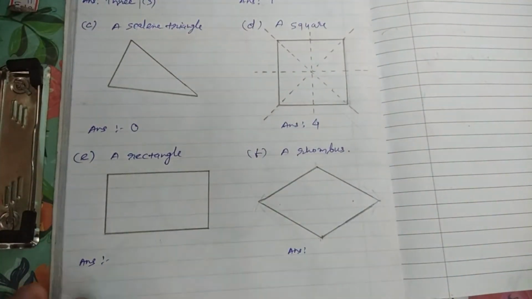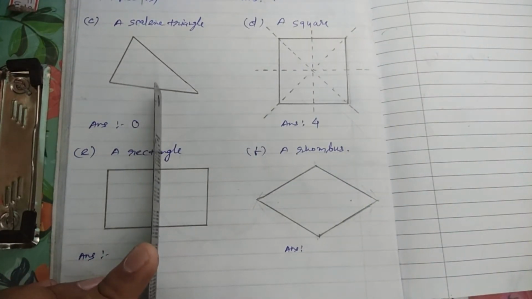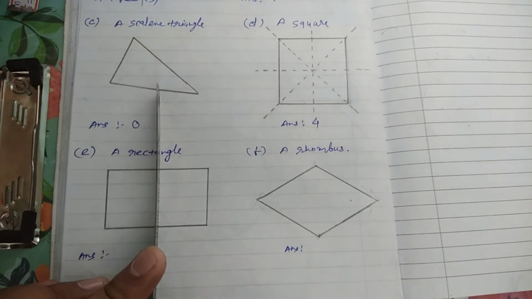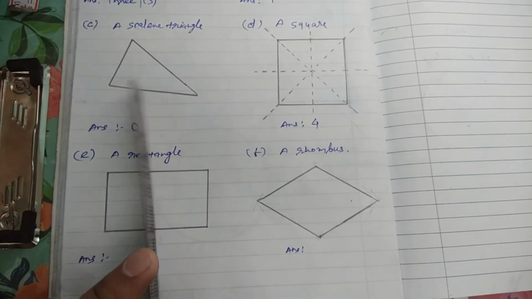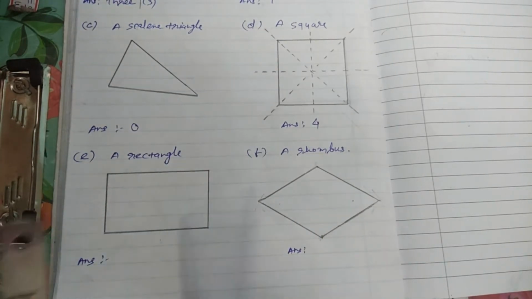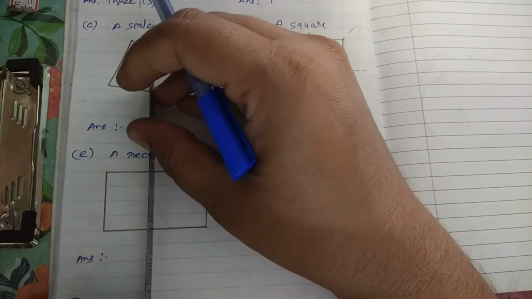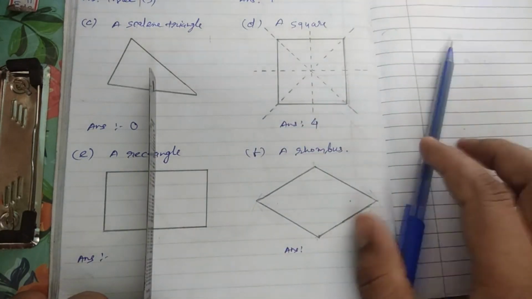Next one, rectangle. The same way as with the square, we will first check for a vertical line. Keep in mind, whenever you are checking for a vertical line or a horizontal line, put your scale on the middle point of the shape. For example, for this side, whatever its middle point is, we have to put the scale there, and then we have to check. Now we can see that these two parts are the same, and when we fold them, they will coincide. So this is one line of symmetry for a rectangle.